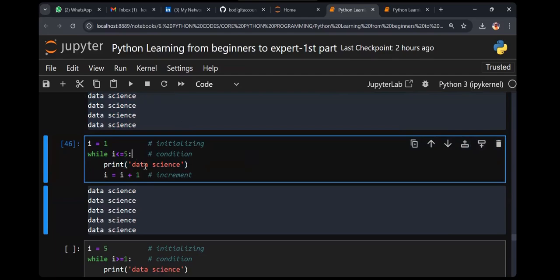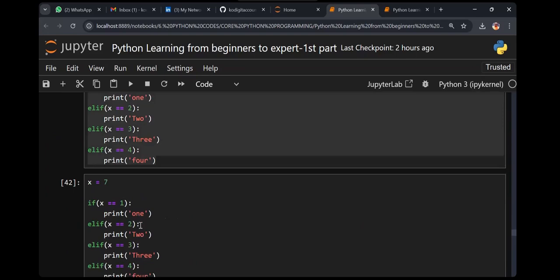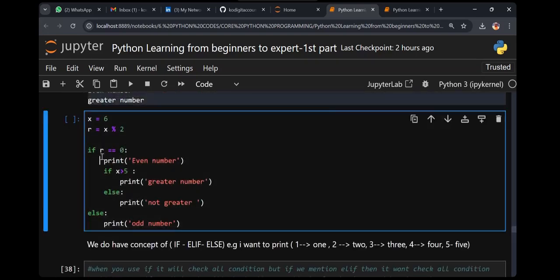Always remember, after the colon, how many spaces did I say? 1, 2, 3, 4. Remember. When you write if, inside the if else, again see 1, 2, 3, 4 indentation. That's the way you recognize it.